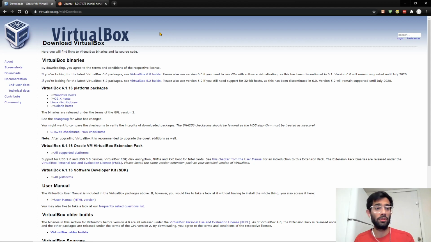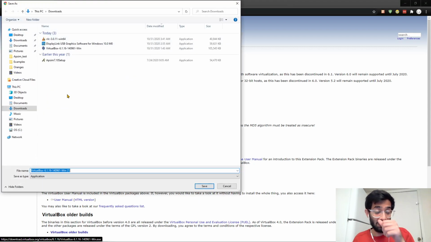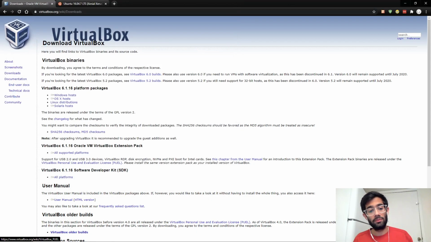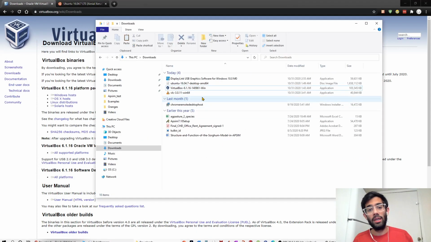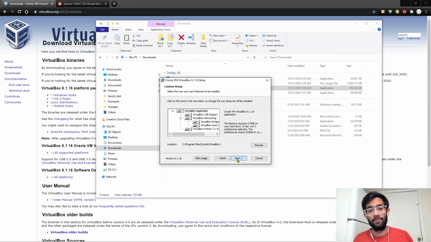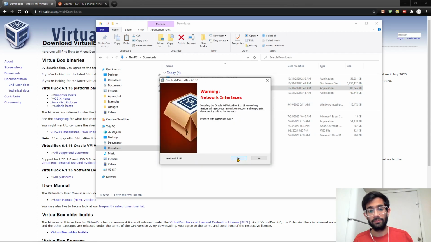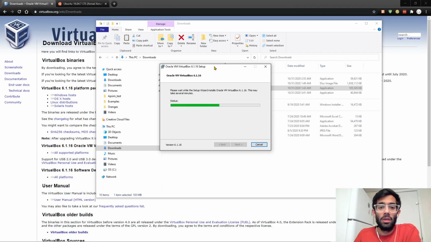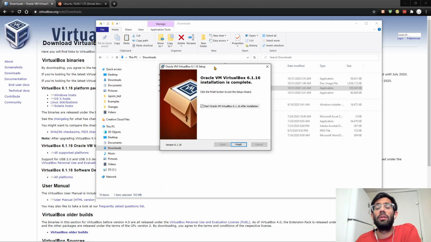We go to the VirtualBox site and download the Windows package. I've already downloaded it. Now just go in downloads, double click on the VirtualBox and install it. It will take some time to install VirtualBox, and while it is installing,